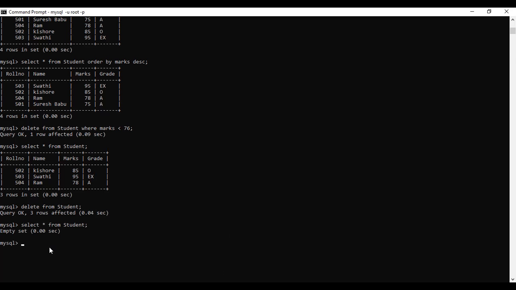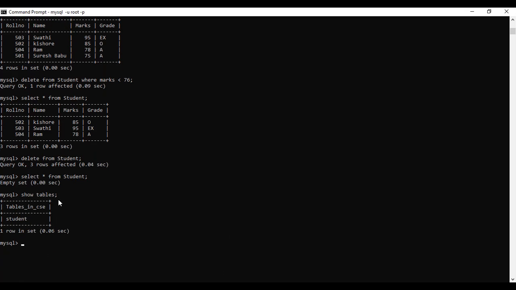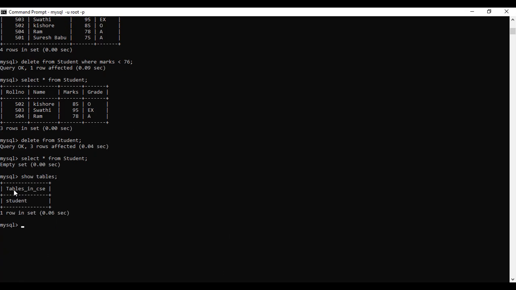Before that, I'm going to show you the command show tables, to see how many tables we actually have. So I use the show tables command. It shows the tables in the current database CSC. Only one table is there, the student table. Now I'm going to drop the table using the drop command: drop table student.